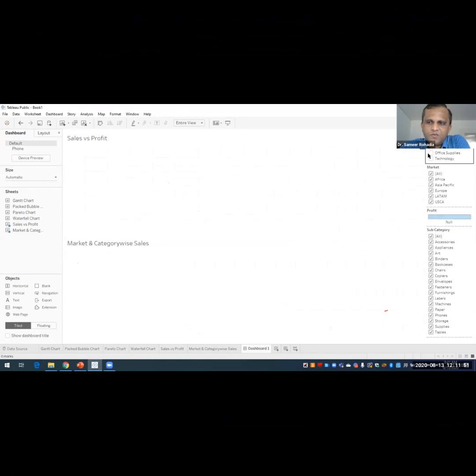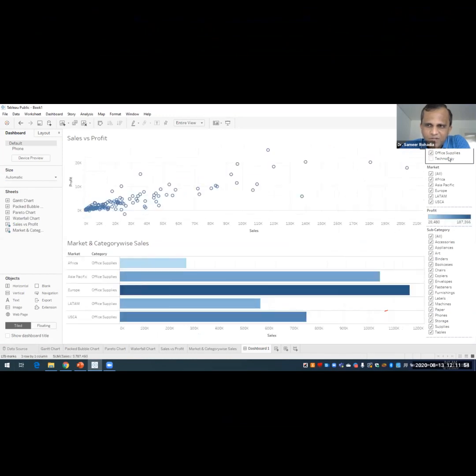Or if, instead of furniture, I click on the office supplies category, then again in the subcategory filter I'm able to see all the subcategories, and not only the subcategories related to the office supplies category. I hope that is clear. Now, if you want to do this, that whenever I click the furniture category, I should see only those subcategories which are related to the furniture category.